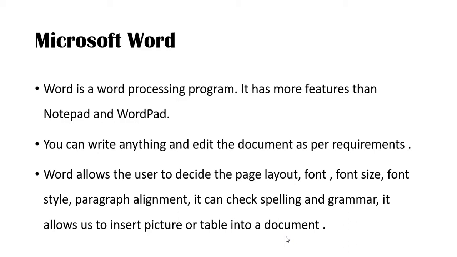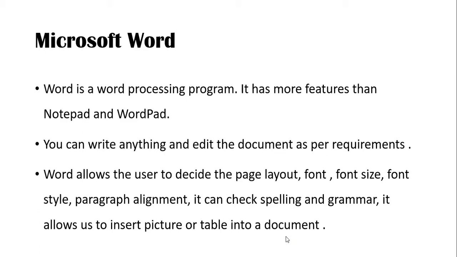We can add different kinds of decorated word options in Microsoft Word, and we can also preview our document before printing. We can get a hard copy or a printout on a page by using Microsoft Word.